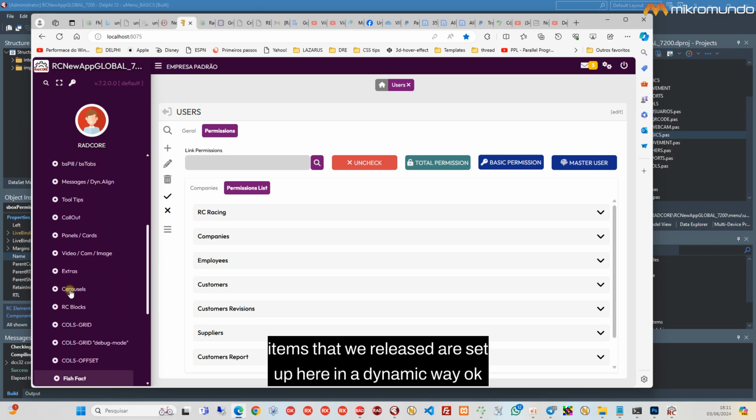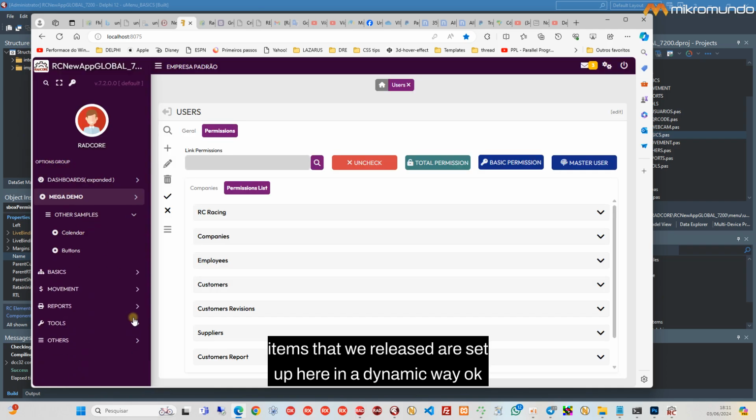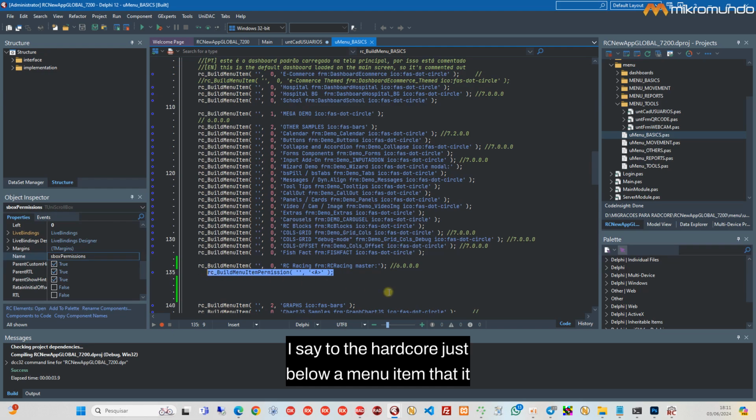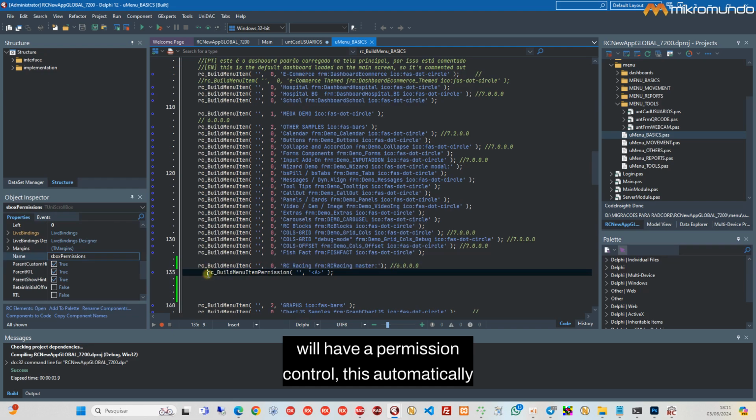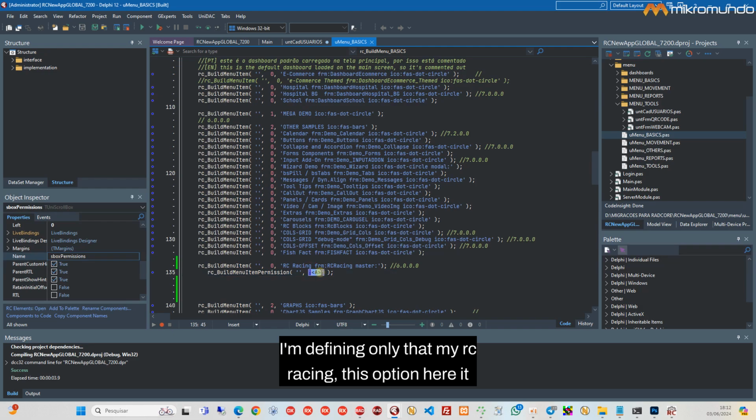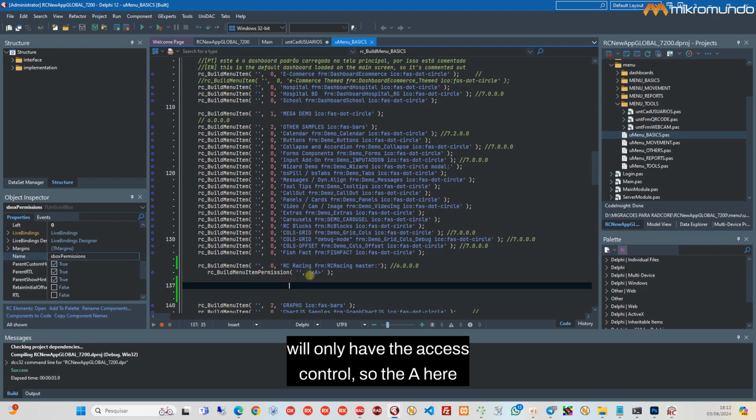dynamic way. Well, so let's focus on the issue of permission, since I say to the RadCORE, just below a menu item, that it will have a permission control. This automatically already goes there for our user registration, so here I'm defining only that my RC Racing, this option here, will only have the access control, so the A here indicates access only